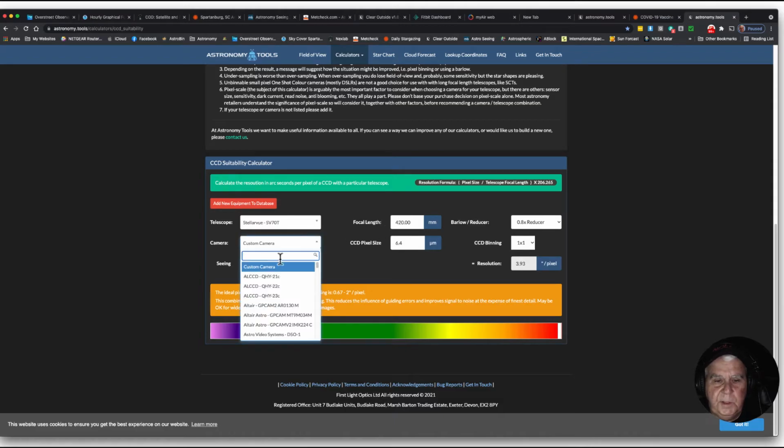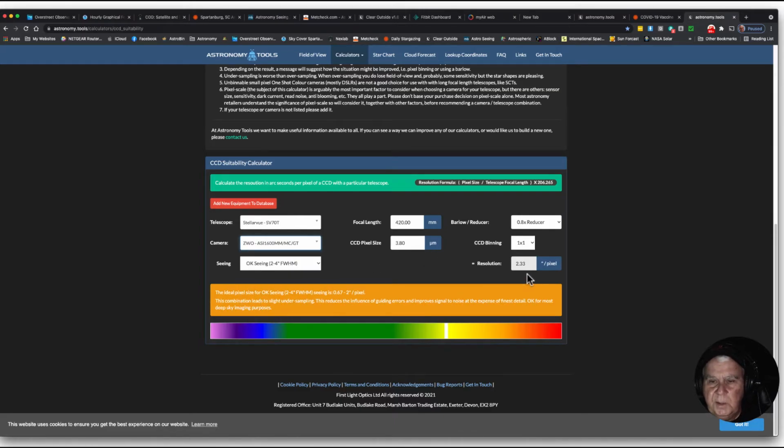The camera is the ASI, all the way at the bottom, 1600. There it is. And it has a pixel scale of 0.233. The pixel size, you can see, is 0.38. But what it's telling me in my seeing conditions